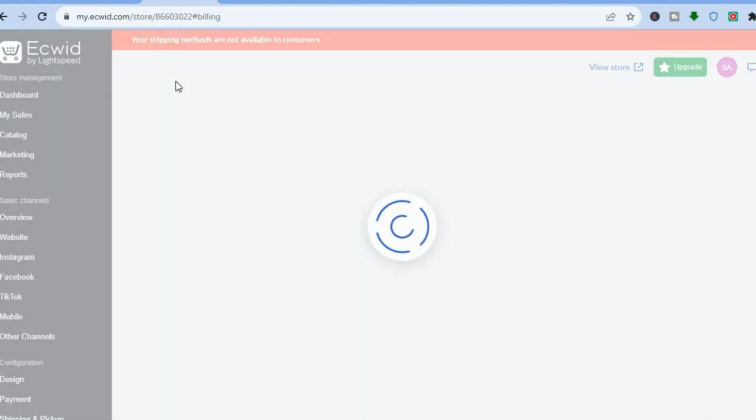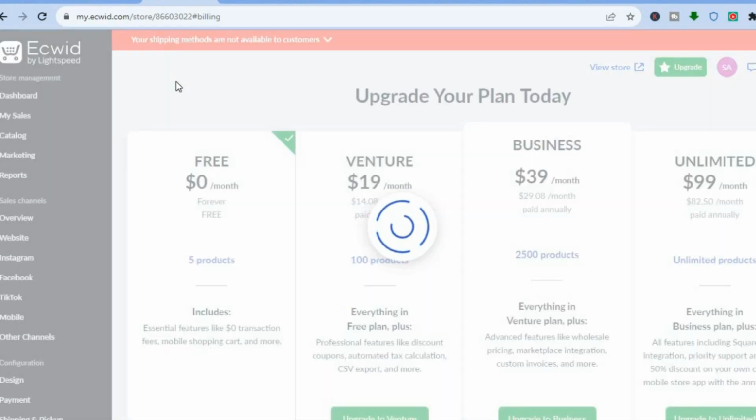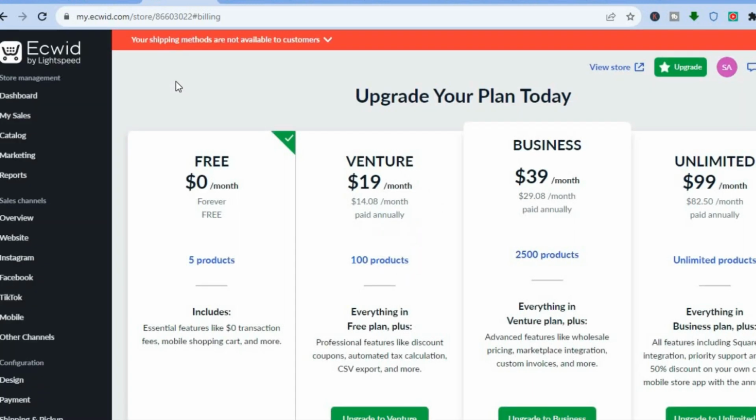The only drawback with the Ecwid free plan is you will only be able to sell 5 products, but you will get all of the features and so on to get started, and you'll be able to start selling your first 5 products. After you have added 5 products and you have started to get a few sales, you could go up to one of their paid plans, which would allow you to add up to 100 products. Or you could choose to change platforms and go onto Shopify or so on.